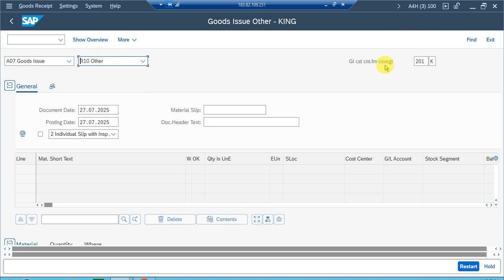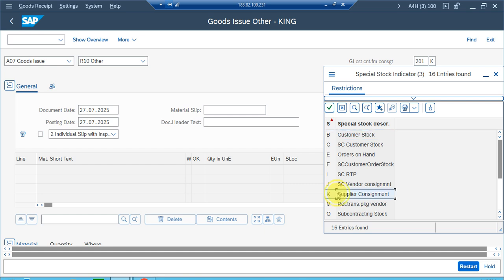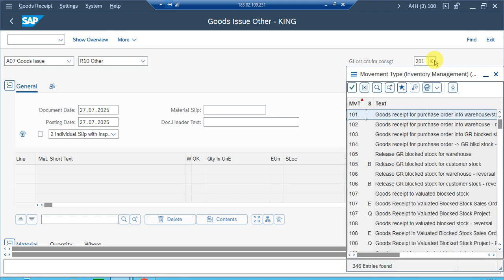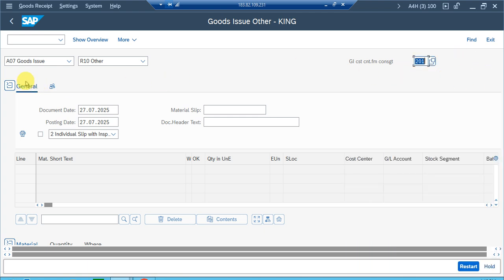But at the time of goods issue, you need to select movement type 201 with the special stock indicator K. In case of a production order, you need to select movement type 261 K. So for consumption, if you want to withdraw that consignment stock, you need to enter the appropriate movement with the special stock indicator K. K means supplier consignment or vendor consignment. Or the second way